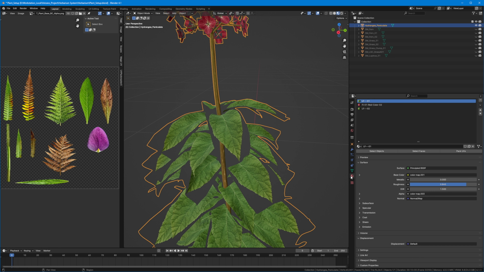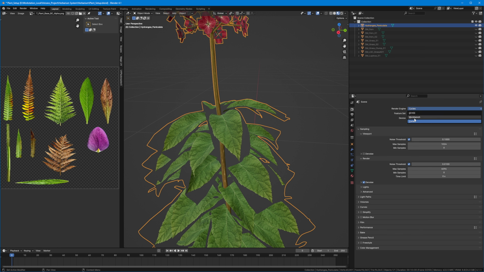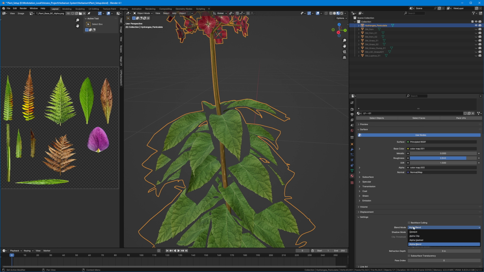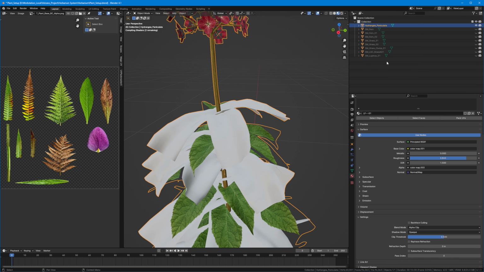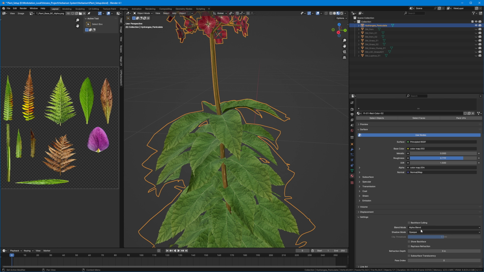leaves, and in here in the material, we want to make sure that we have the proper settings for the way we get our opacity handled. Now you have to make sure that you're on Eevee for this one, and then go back to the material, and it's going to be quite easy because under the settings we will have an alpha blend. We're going to change that to alpha clip, and we're going to select the flowers themselves as well, change that